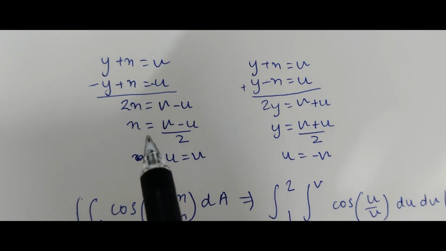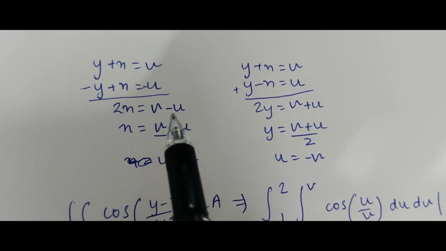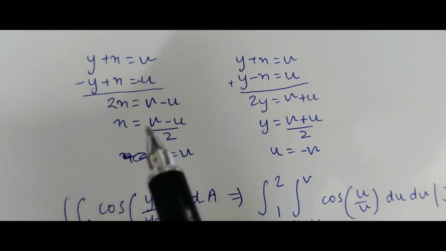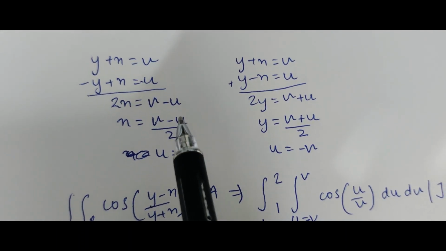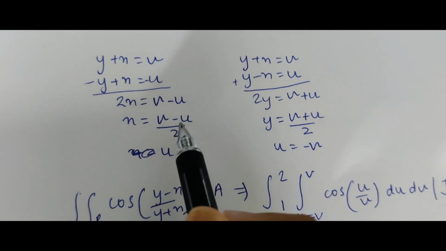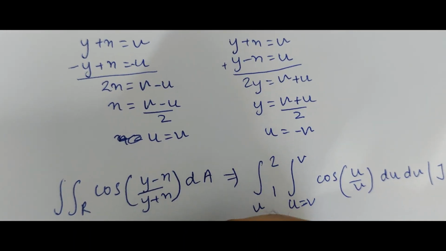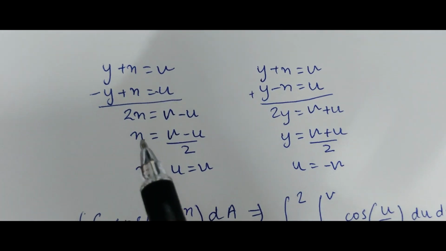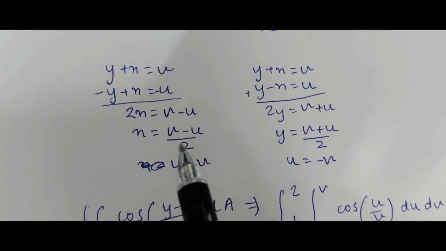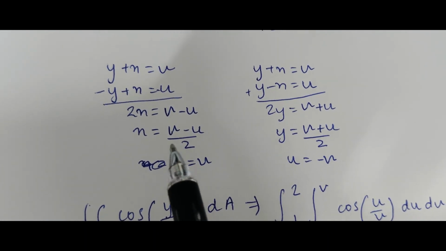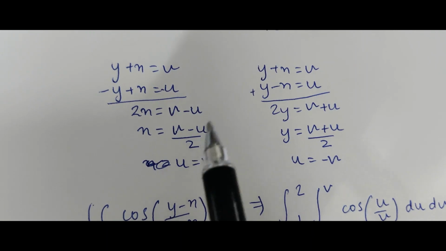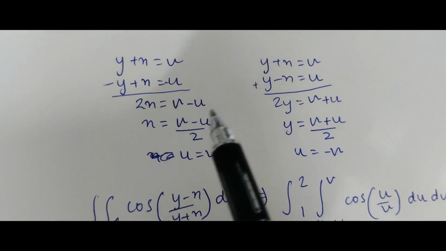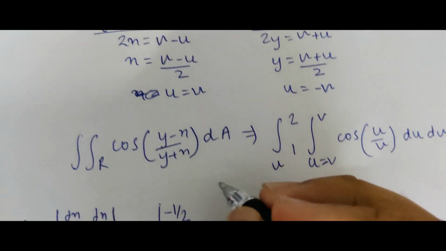When taking del x by del u, del v becomes a constant, and this is u, and it becomes 1. So del x by del u will be negative half. Now again del x by del v, in this u becomes a constant, so it is taken out. V becomes 1, so it becomes half,